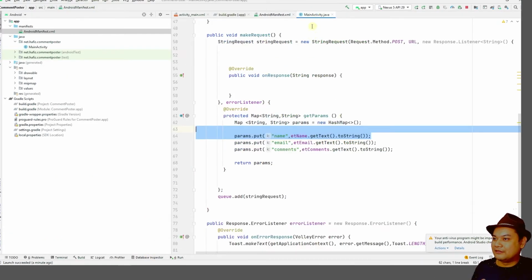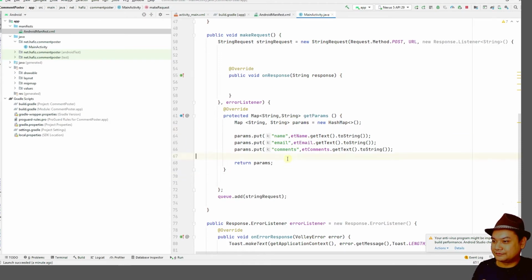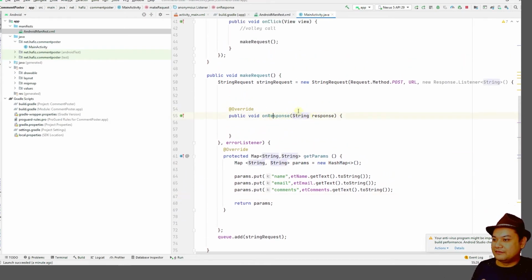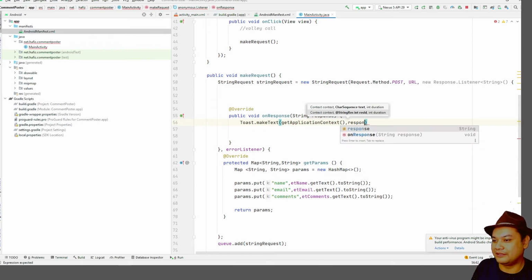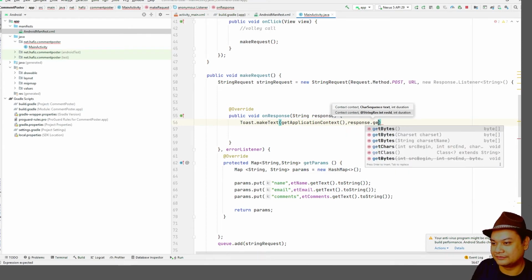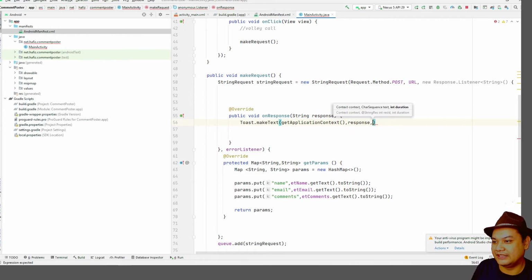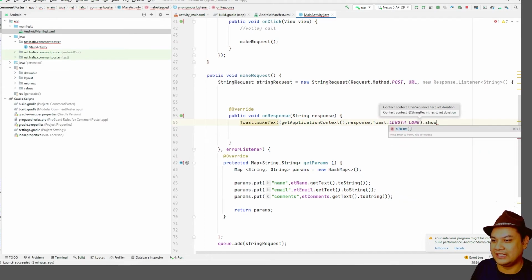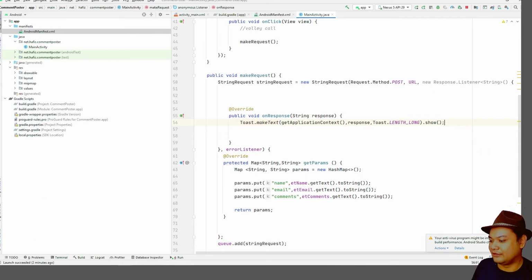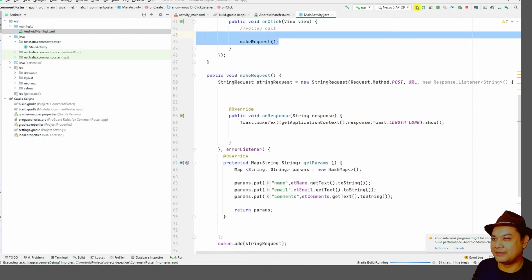So simple. Go back over here to the main activity. What you need to do is just create a feedback under this response. The feedback you can put under a Toast, and then you put here getApplicationContext, and then the response. You can put the response as a string, display the response over here, and then finally the toast, whether it's going to be short or long, and then show the toast. So when you replay the application,